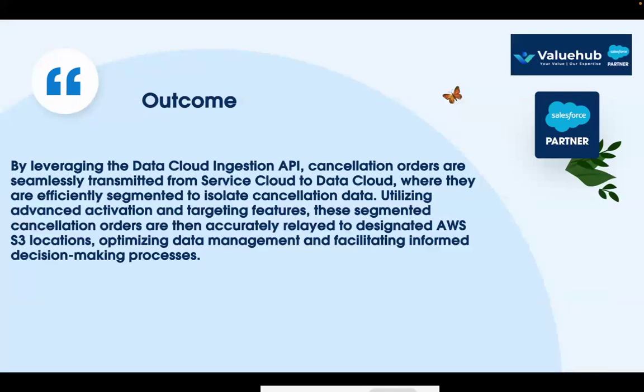And then we could use segmentation to unify this data. We only segment the cancellation orders, and then we can activate those audiences through an activation platform back to the S3 system. So it's a complete native kind of job. We're not applying much programming. We can say that 80% is adopting the Data Cloud native connectors and native features, and 20% is some Apex callouts from the CRM org to Data Cloud, and that I would love to showcase